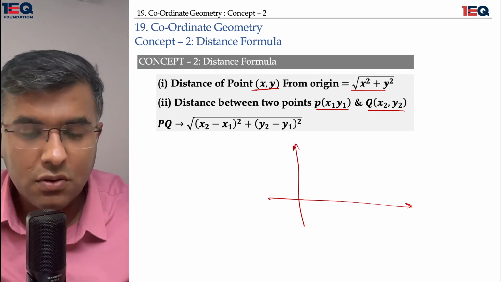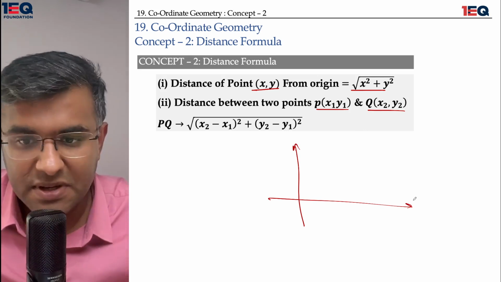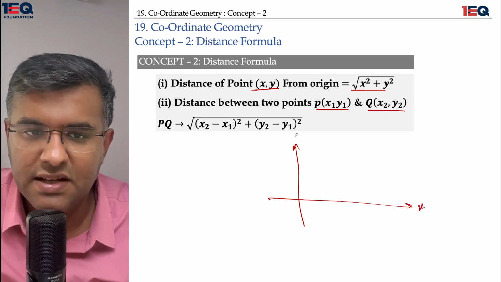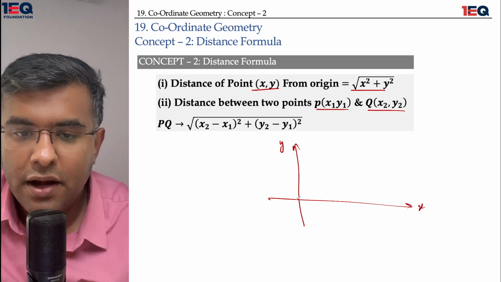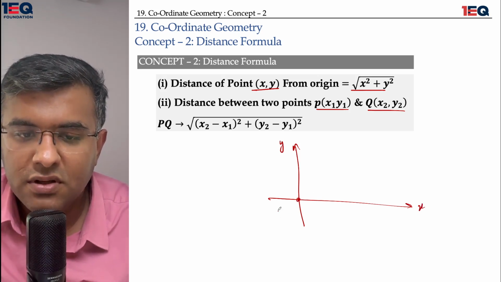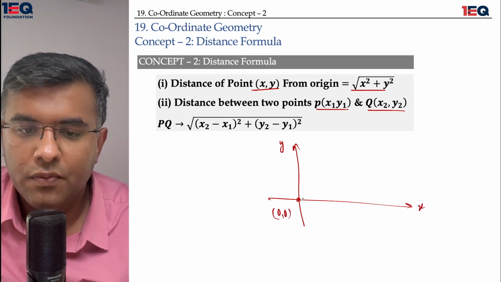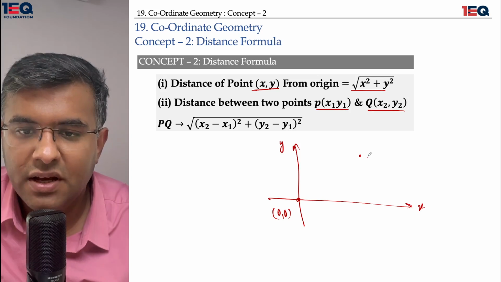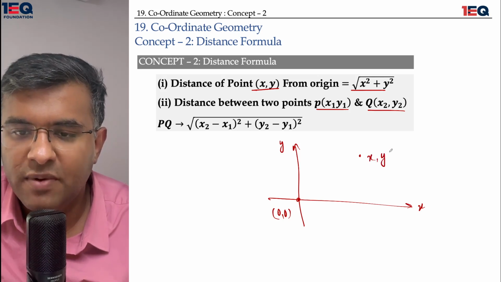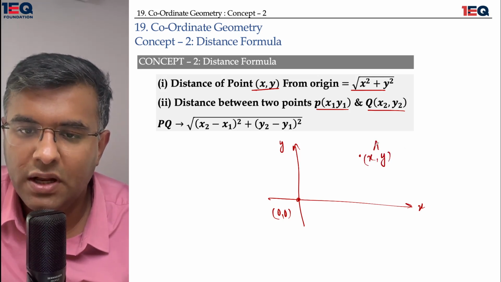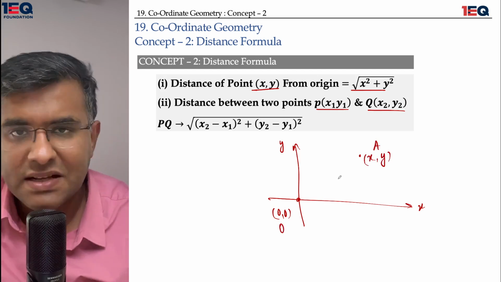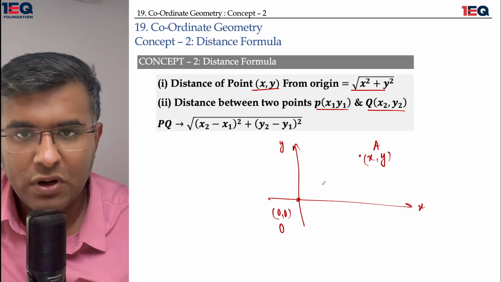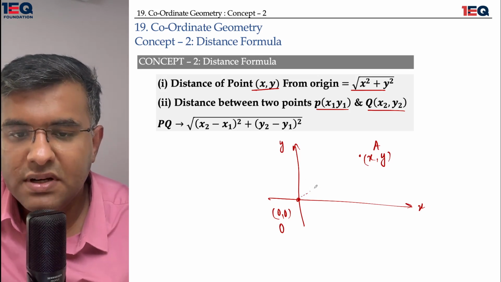So I have these two. This is basically my x-axis and y-axis. Here is the x-axis and here is the y-axis. Now, here is the origin, which is called (0, 0). Let's assume my point is somewhere here, and the coordinates of my point are x and y. This is point A and this is point O. It is a convention that we call the origin O. Now I need to find the distance